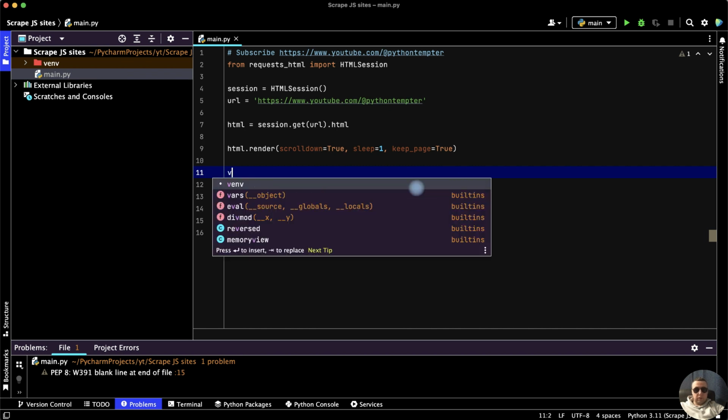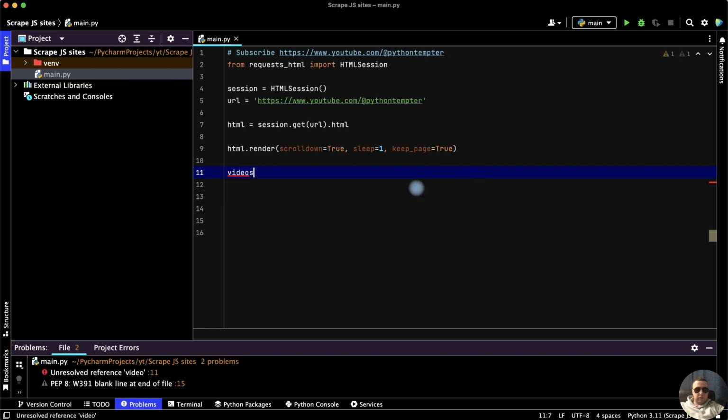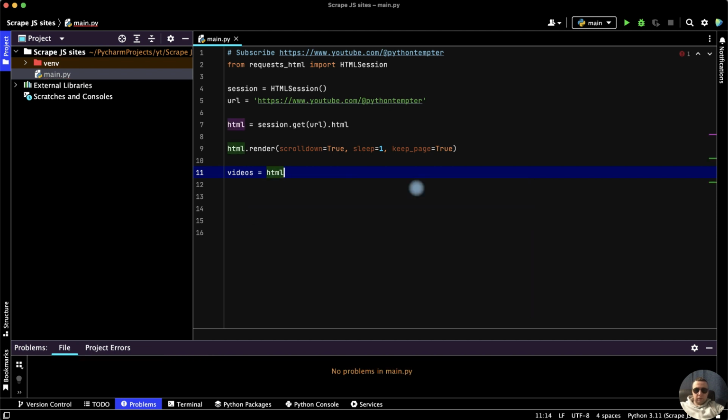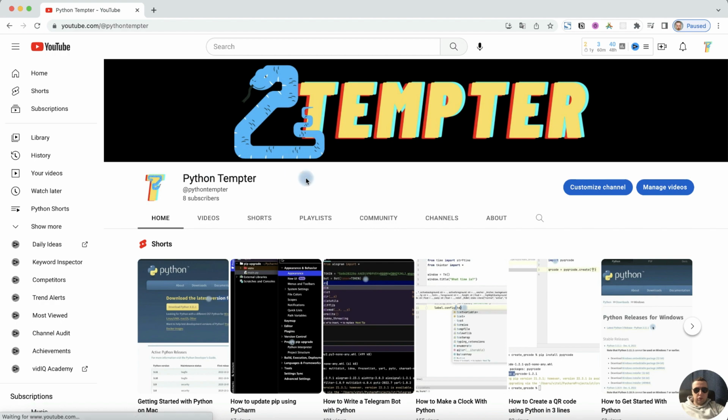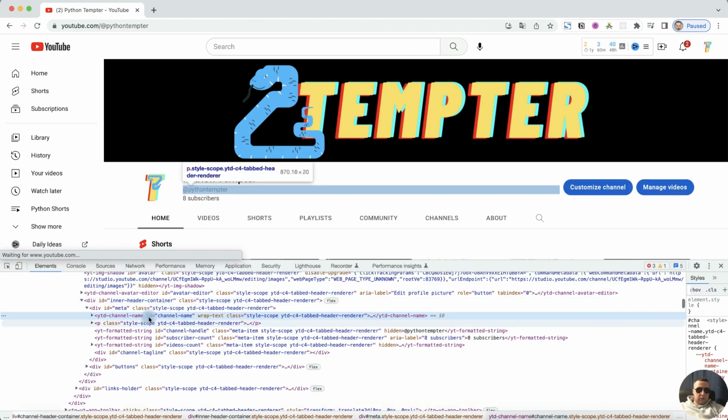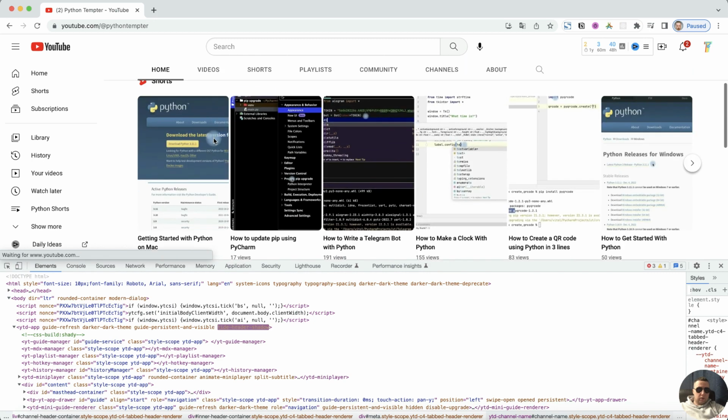Today it will be YouTube videos equals html.find and find our video elements. How to find it? Open the web page, then inspect it in Google Chrome, and we can find our video